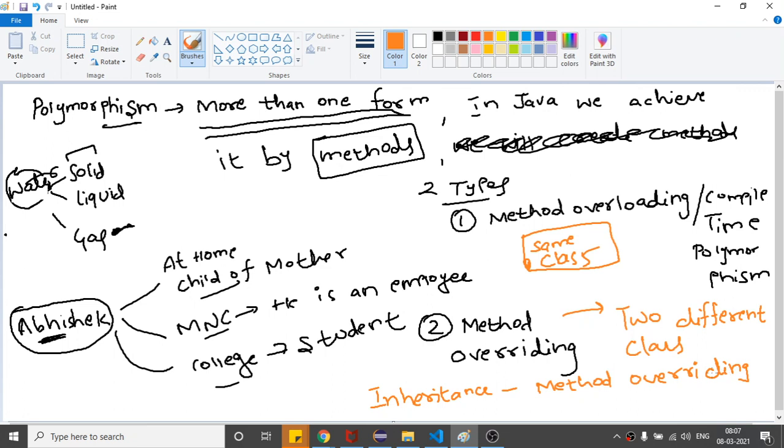Cost cutting is also one, because if you are using the same methods in the variable of some other class, then your product cost will decrease because you are not writing the similar code again and again, right? So method overriding we can also achieve with the help of inheritance. So I hope method overloading is clear to everyone as of now.